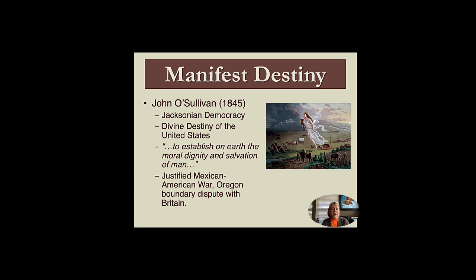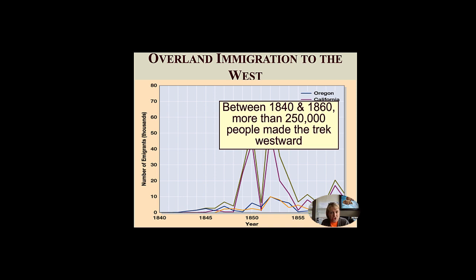And this term manifest destiny is going to be used to justify westward expansion, especially when we engage in the Mexican-American War, as well as during our dispute with Great Britain over the actual border of the Oregon Territory. Now, manifest destiny wasn't just a term, it was actually an action, because it's going to spur people to start to move west. And during this time period, 1840 to 1860, those people seeking manifest destiny, those people moving west, nearly 250,000 of them are going to travel over numerous trails